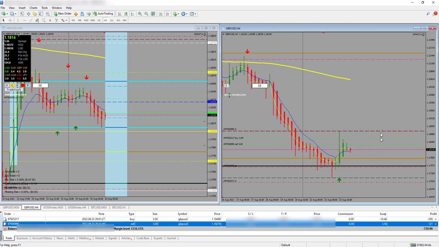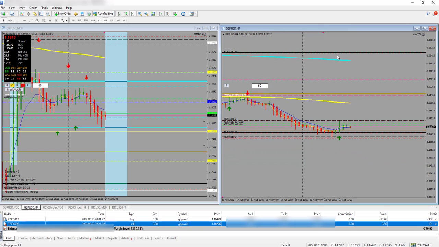So, I anticipated having a pullback, and if it comes back all the way down here, that would be about 76 pips. So that's fine for a positional trade, okay? Because I am looking to gain